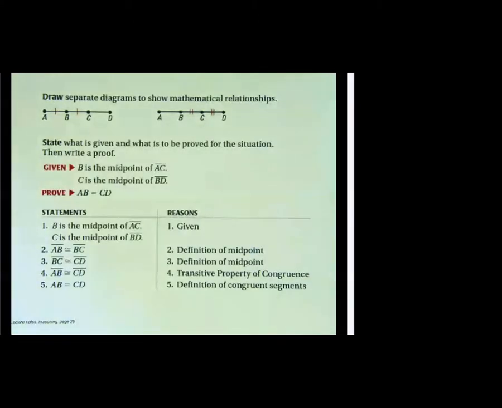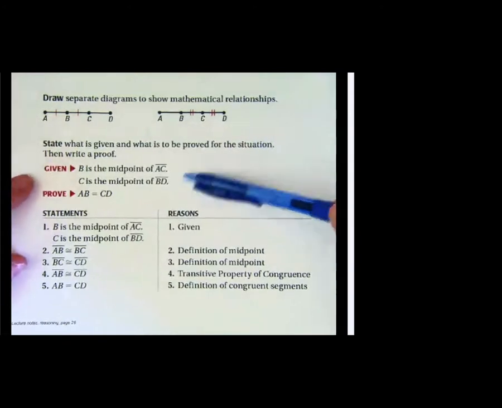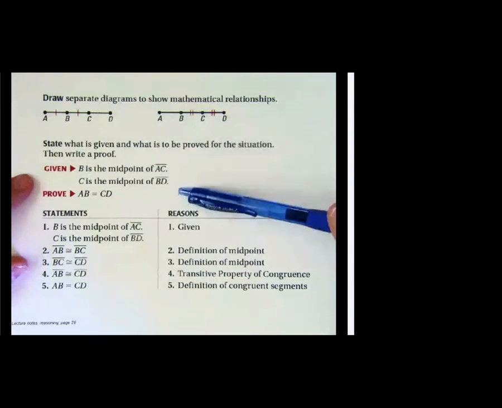Here's how you'd set up that word problem as a formal geometric proof. Okay, we'd have two diagrams that show it, which we just talked about. Then given, notice I've written it out in geometry language. B is the midpoint of AC. You might also say B is halfway between, but it's okay to say that once we've done this,